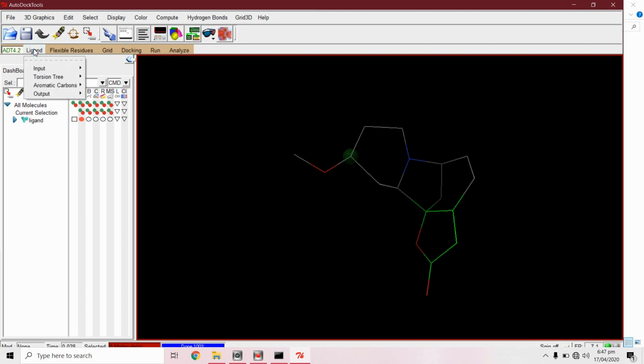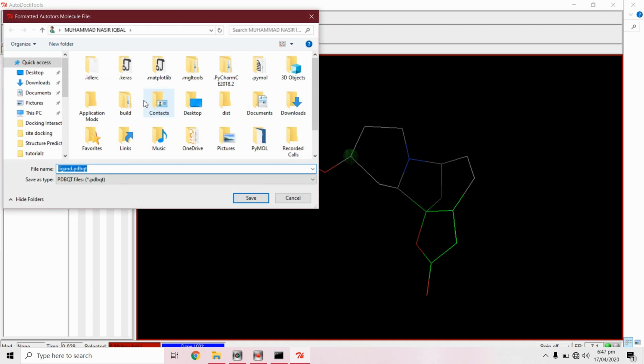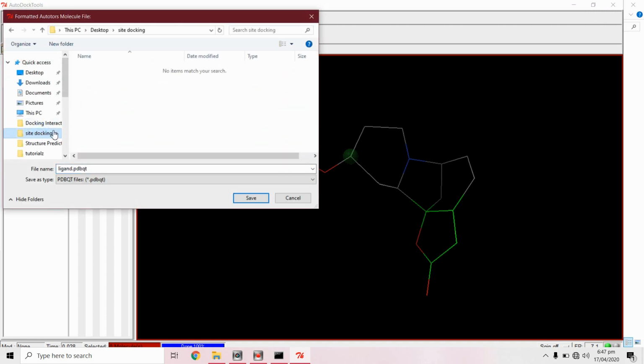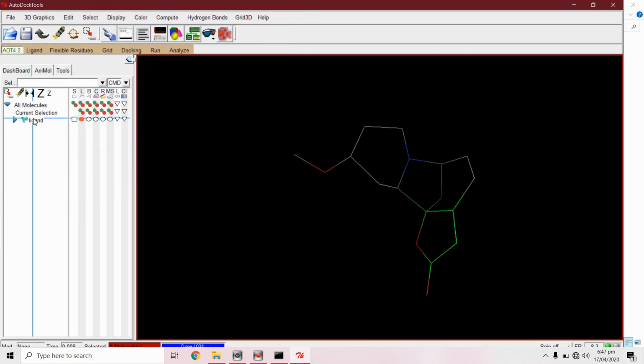Then we will save this ligand in .pdbqt format in same directory. Now we will delete this.